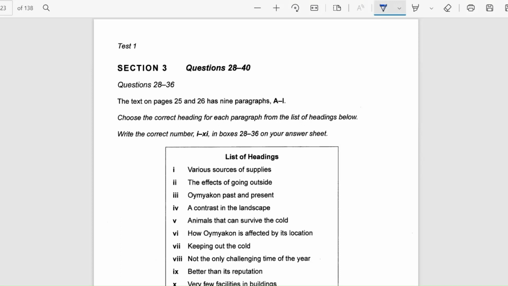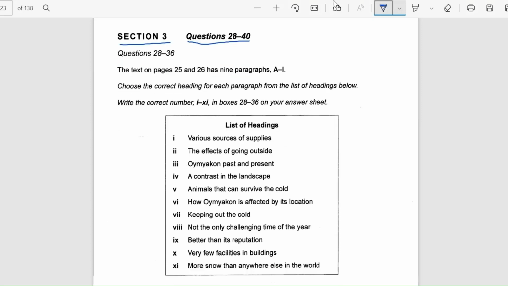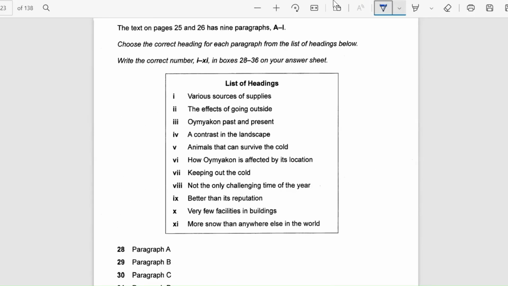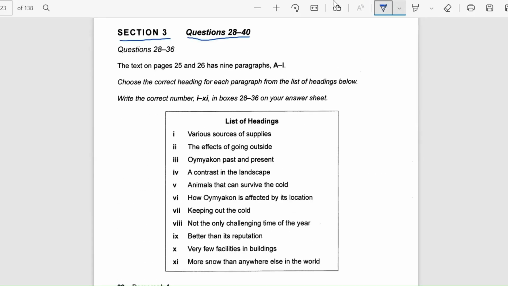So let's see how what we discussed can actually be applied to a real test. Like I told you, this test has been taken from book 13 and this is the first test and we are focusing on the third section here. And as you can see, the questions pertaining to heading question type are present before the passage starts. So this is where the passage starts and we can see just before the passage, the questions are given.